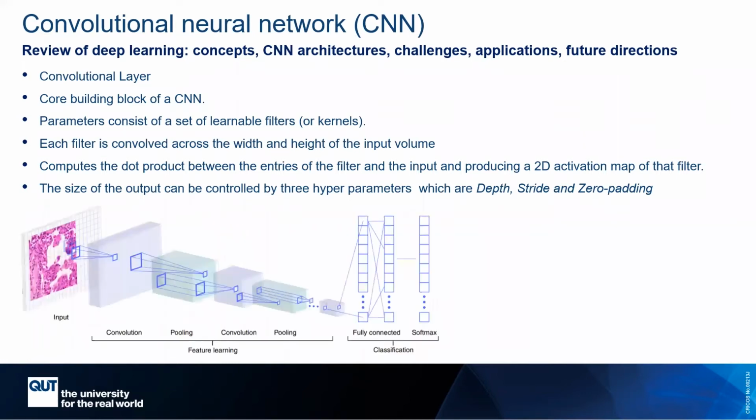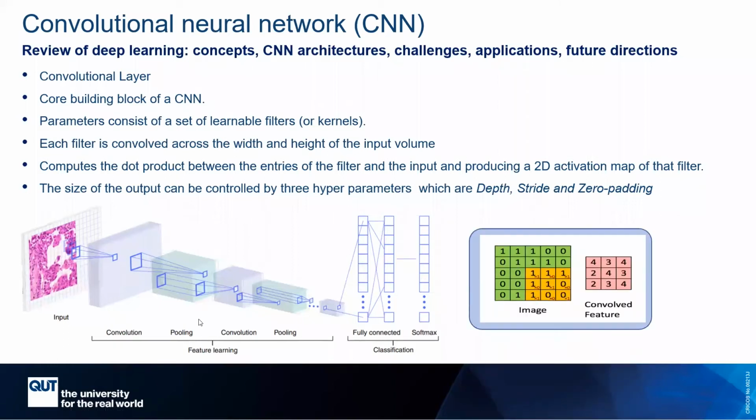Previously, this algorithm is based on an input image that goes through several layers in order to extract the features. One of these is called the convolutional feature layer, which is responsible for extracting the features. There are several parameters in that layer, sorry, in that algorithm: the depth, the stride, and the padding, which could be zero padding or not. And that convolution layer has a filter that goes through the image in order to get the feature,